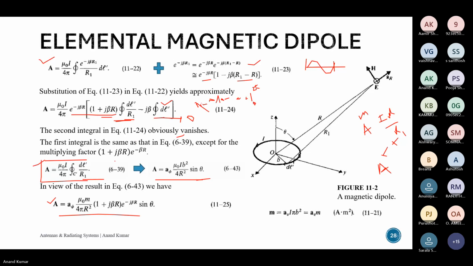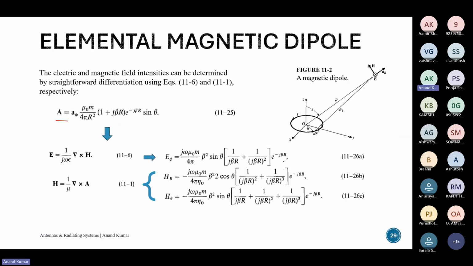So what we did is we defined the vector potential, we did the math and got the expression for it. Now once you have the vector potential, the next step is to find the electric and magnetic field. The magnetic field can be found just by taking the cross product, and the expression would look something like this. And if you take the cross product of the magnetic field, the electric field would look something like this. So you just have to again find the divergence at these two places over here, and you'll end up with expressions.